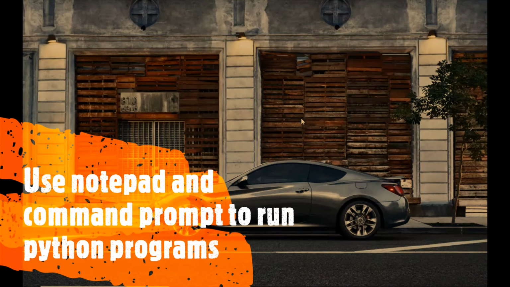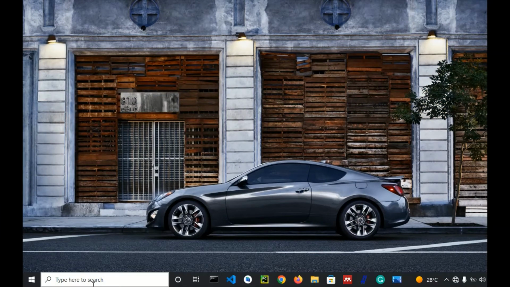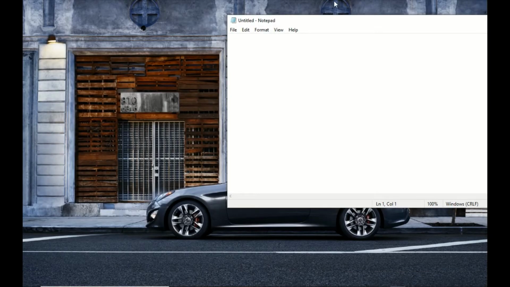Hello everyone, we are coming to learn about how to use the command prompt and then Notepad to run a Python program. It's so simple. So first thing to do, come here, type notepad, click to open, and over here we type a simple Python code. For example,